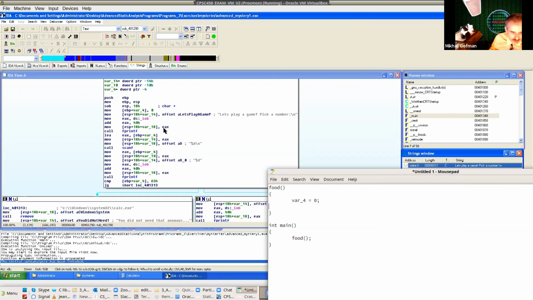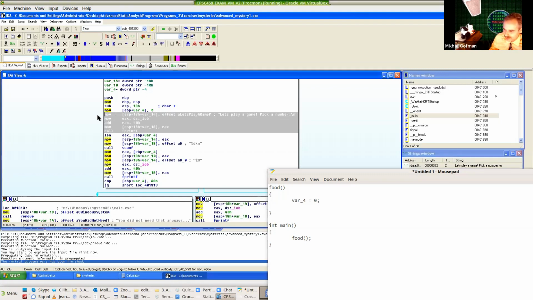Right? What does it do? Yeah, so what does this whole chunk do when you look at it? Yeah, so basically it looks like we are doing what? Yeah, we're calling fprintf, right? And it looks like as a parameter, at least one of the parameters, we're loading the address of the string,